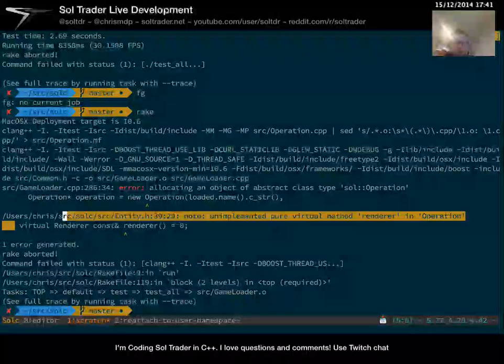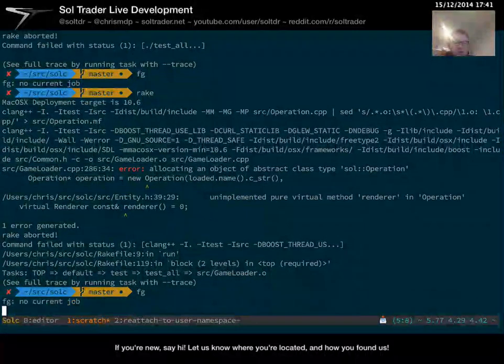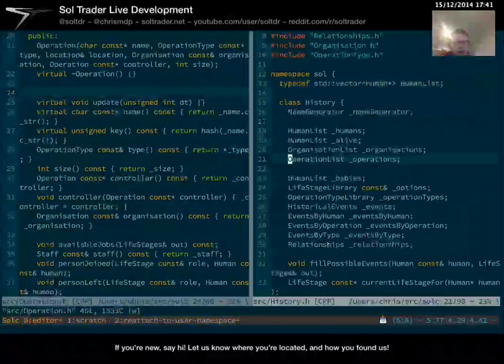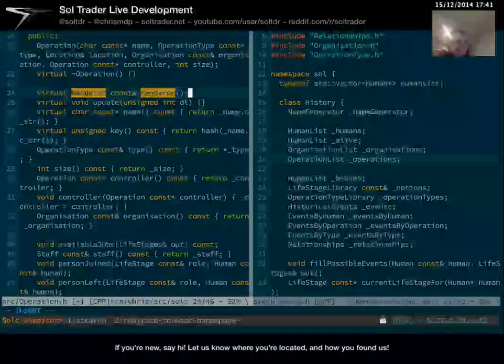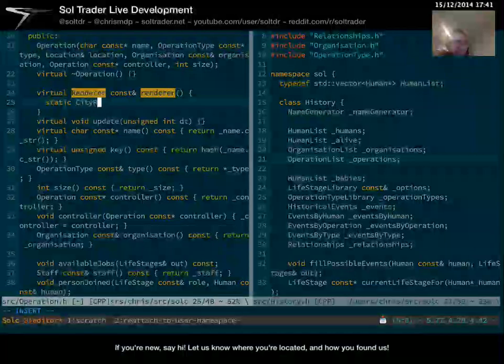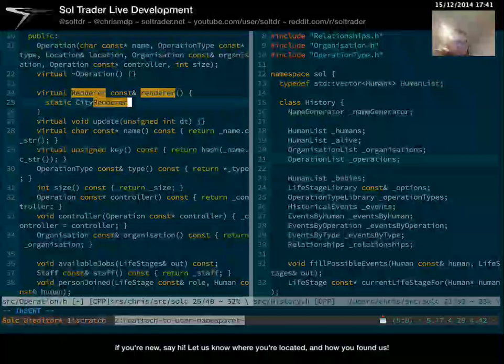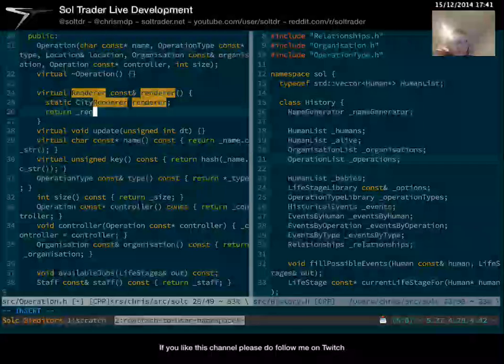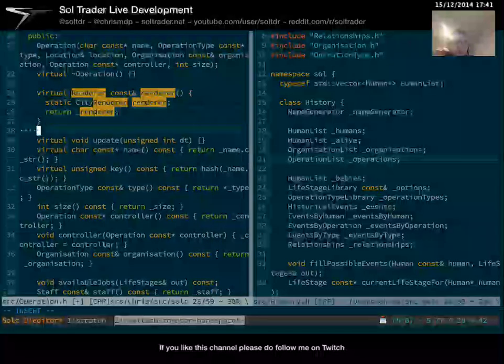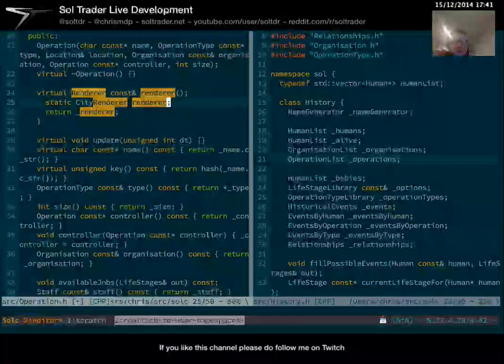Virtual renderer, constant renderer. Every entity must have a renderer which describes how it is rendered. I know that's insane. That's currently how it works. So I just propose to do that. In fact,